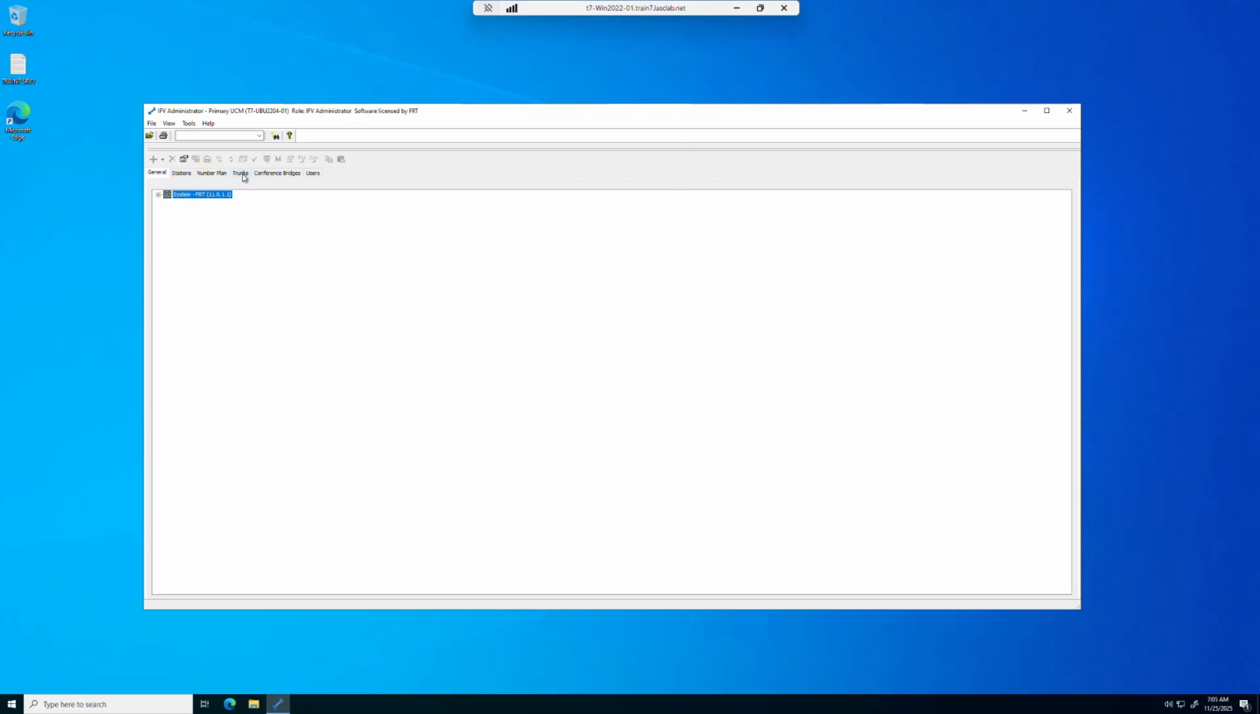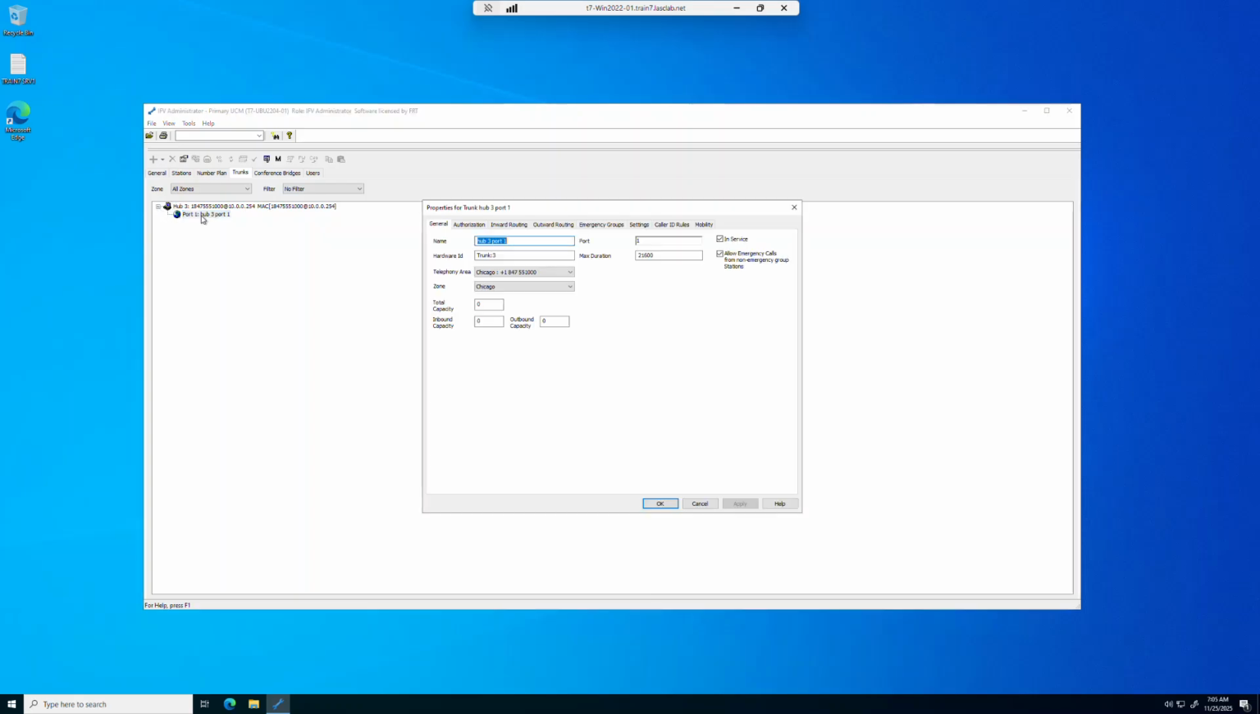We will go to the trunks tab here in Informed Voice Administrator, and as you can see, there is already an entry because the gateway already tried to register to Informed Voice. So let's open the plus sign here and double click on this line underneath, and we will see several tabs. The general tab